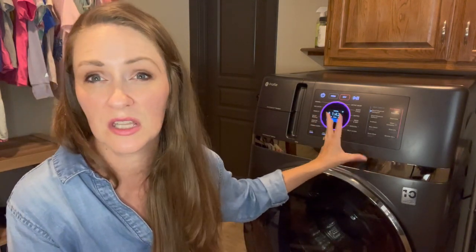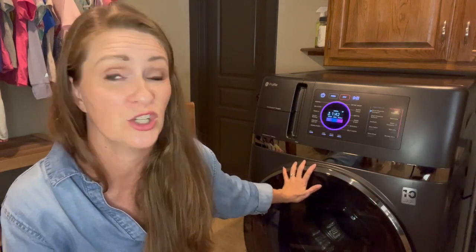Another thing that I love and hate is any sort of technology connected to the internet. I don't like for anything techie like that to be online. I want everything to be independent. But the upside to that is I can download new cycles that they come out with from GE. If there are updates to their all-in-one machine, they will send them to us. So you don't have to purchase a new machine to have the latest system in your actual machine itself,